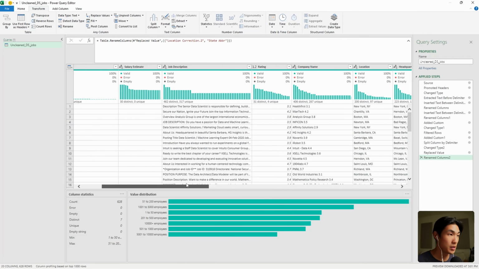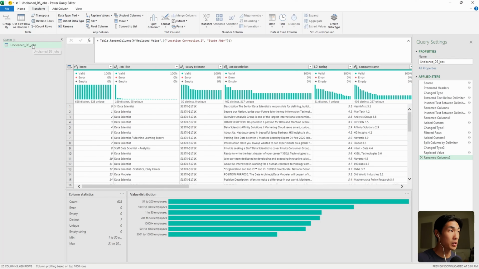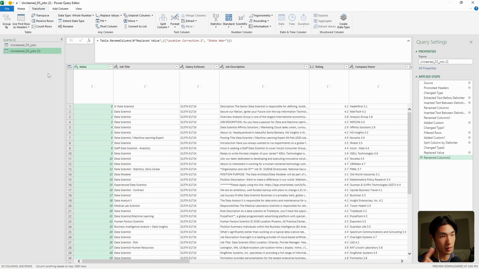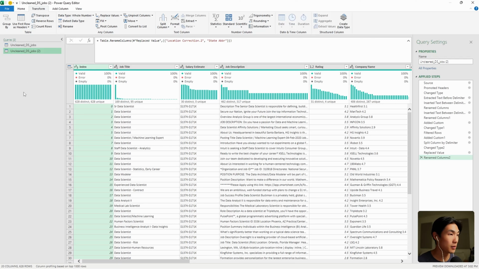Okay, so first things first, I'm going to duplicate this query. You can either reference or duplicate, and I'll show you both. When you duplicate, you're just copy and pasting, and it's going to be independent of the original query. If you're referencing, it's going to depend on the original query, which is going to be your source query. So this time I duplicated, and I'm going to call this query